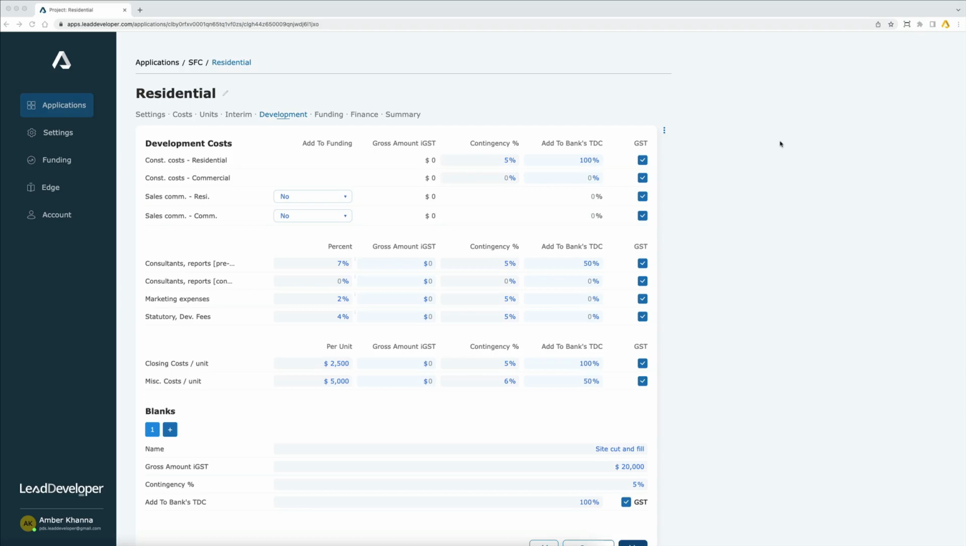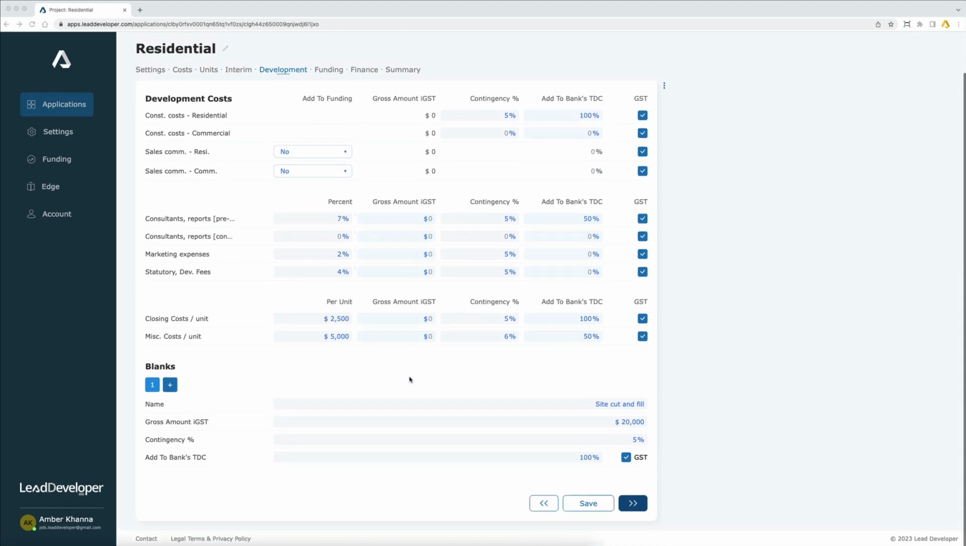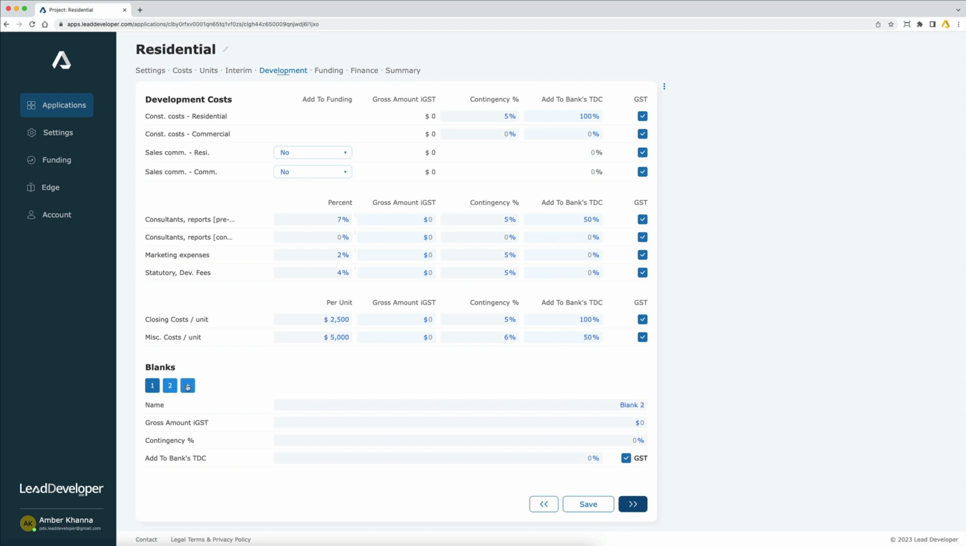The development cost tab allows you to consolidate all the different costs of the project. Some of them that we have already made assumptions for in our cost tab and our units tab or interim income, everything that is already here automatically flows into this page. But if you've got custom ones, we've given you this blank section, which is basically you can keep adding